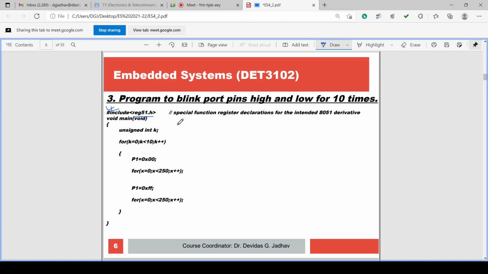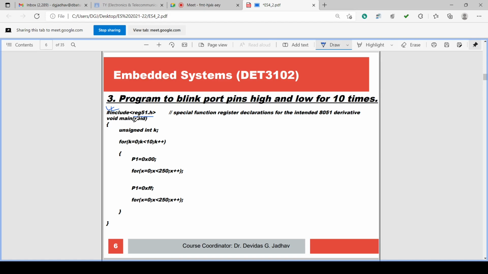So we have to consider the x also, because x is also a variable and k is also a variable. While simulating the program, we can check that x must be there, the declaration. So this is include REG51.H, void main void. The first void is there because main is not giving any output, so no value is returned. And the main function is not having any argument, so in the brackets also void is there. So void main void.